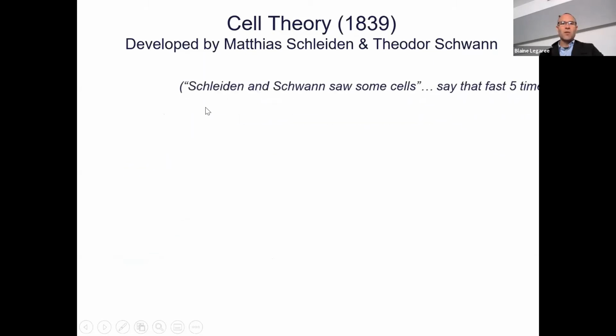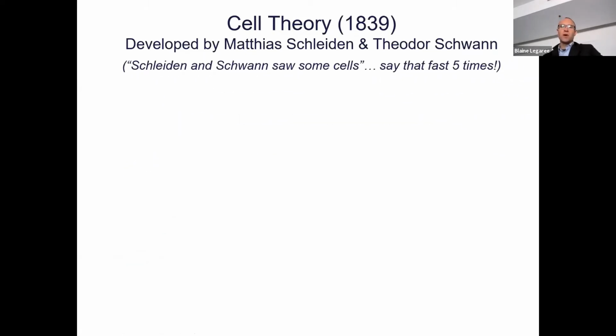Last time we left off, we were talking a little bit about a history of cell biology, and there were just a couple of things to kind of finish up on. This really brings us to the 1800s, so this is really quite incredible. A lot of this stuff happened 150 years ago, and this is the cell theory. This was developed by Schleiden and Schwann. So these two guys, I can't remember which was which. I think Schleiden was a botanist and Schwann was a zoologist,